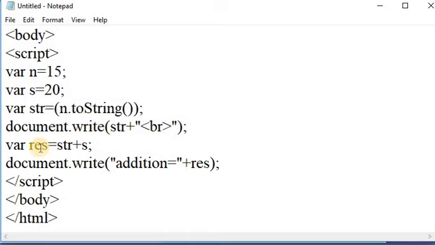After displaying, I add these two by using the addition operator, the plus operator. res is equal to str plus s, and the result of the addition is printed on the web page by using the write method. Let us see what will be the output of this program.